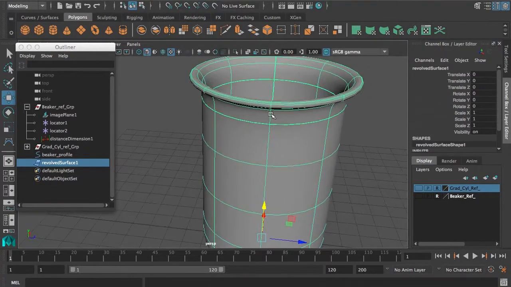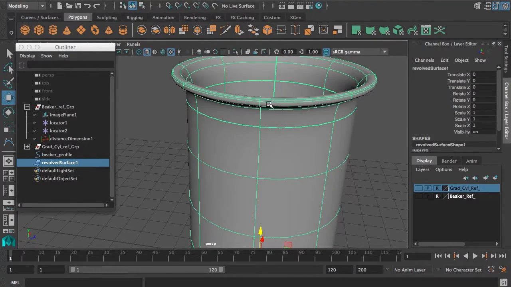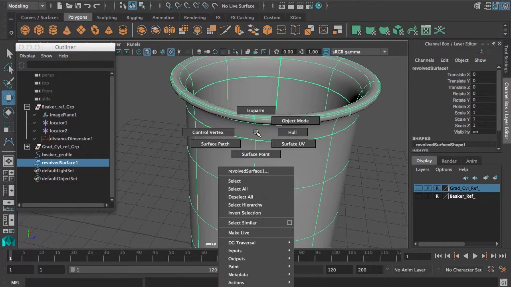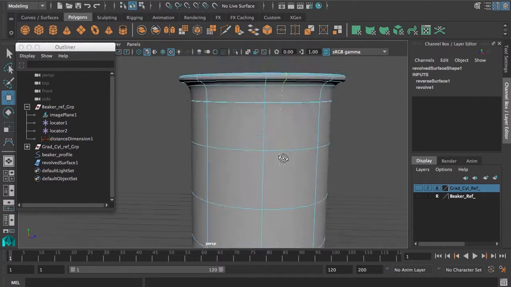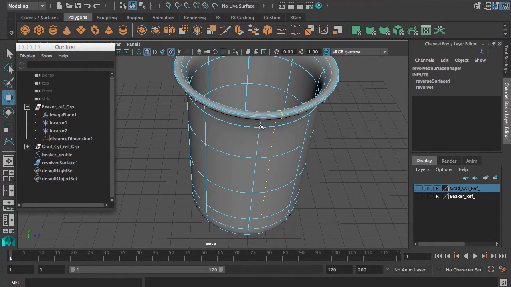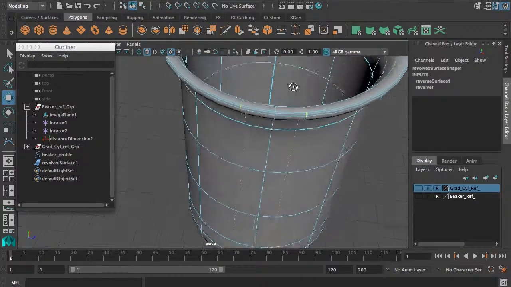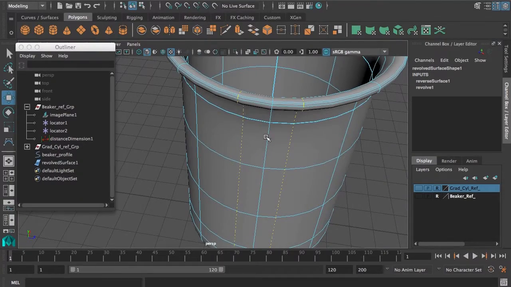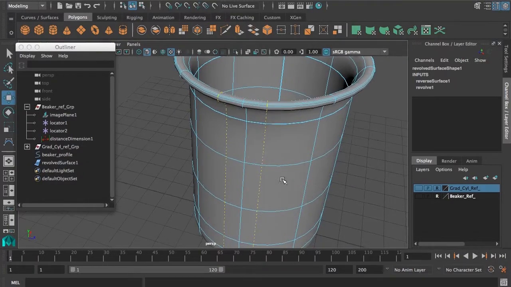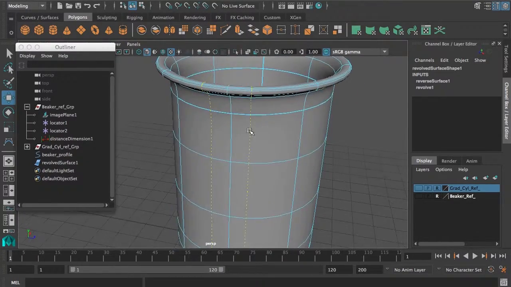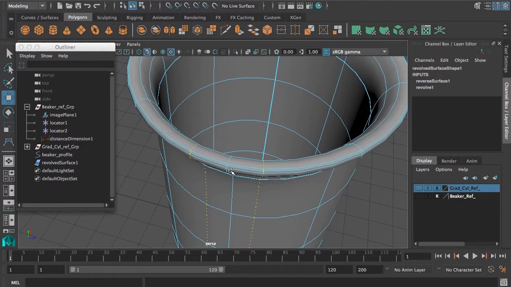So I want to add some more resolution here. Similar to adding an edge loop, we're going to add an isoparm. So let's go into isoparm mode. And if we click and drag on this isoparm, we can bring out a preview of what that's going to be. And we can shift, click, and drag on the other side and bring another one out. So we've got two dotted lines that represent what's going to be isoparms on either side of this bit here. Now, because I'm such a perfectionist in some ways, I'm not happy with eyeballing these,